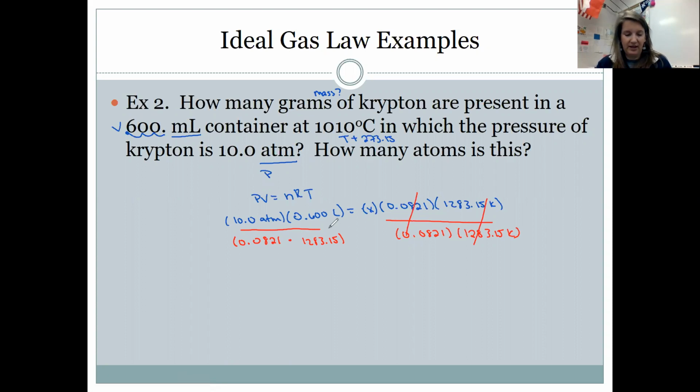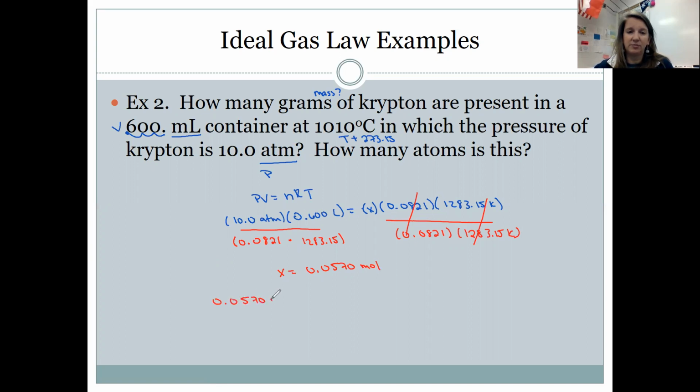And then I'm going to have for my answer rounded to 3 sig figs, because all of my givens in the question have 3 sig figs, my X is going to be 0.0570. And this is moles because that's what I'm solving for. That's what N is. I need to solve for grams though. So that means I'm going to have to do a mole to gram conversion,